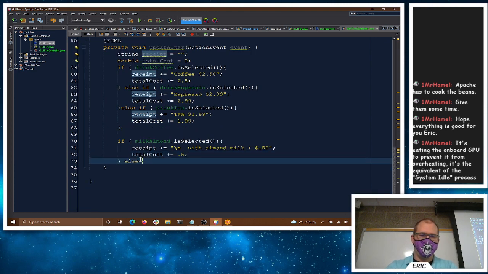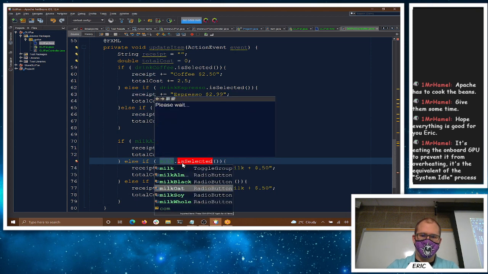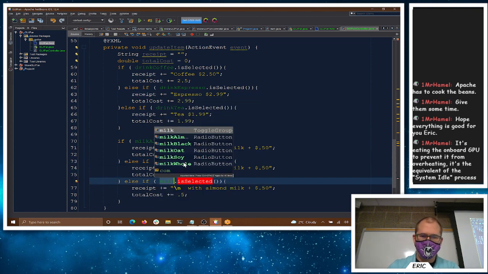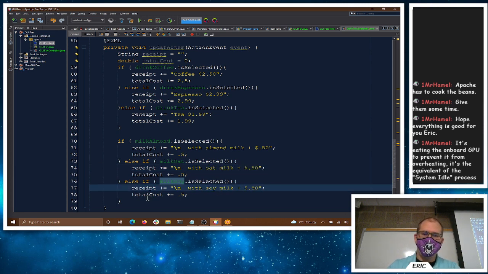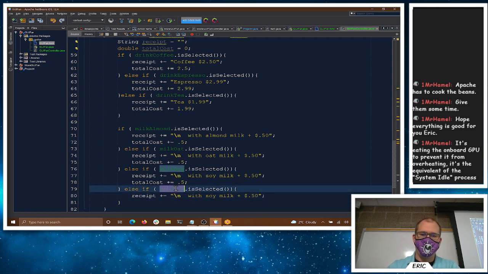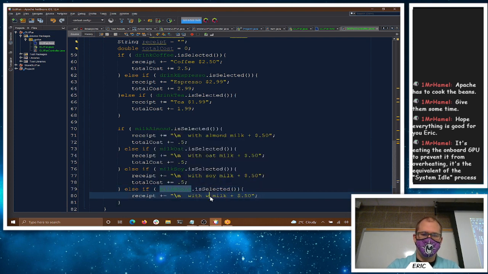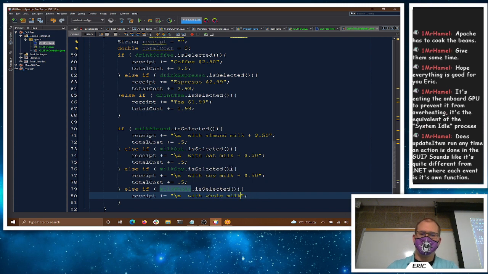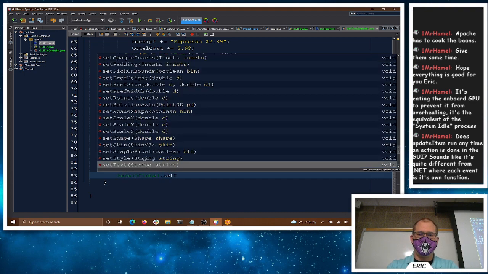And if it wasn't almond milk, else if it was soy milk, or else if it was oat milk. So milk, oat milk, or milk almond, oat, and soy, with oat milk, with soy milk. And then if we had a regular milk or whole milk, there was no additional cost for that. But if it was milk whole, with whole milk, no additional drink charge. Okay, then when all that's done, we want to take our label and we want to set the text